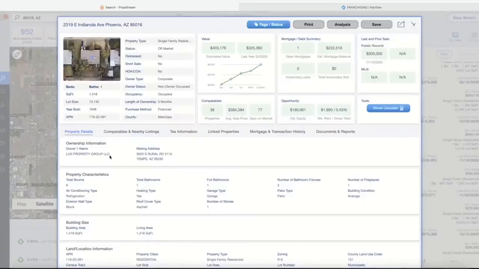You think this is a cash buyer? You think this is somebody that's buying properties and flipping them? Absolutely. I'm going to take this, the mailing address. I'm going to put it into